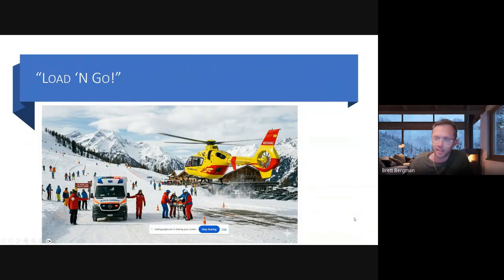So what we're going to do in these scenarios, right? This is going to be true for most of everything that we talk about tonight. This is another example of load and go. This person needs higher level care. They need to get an EKG. They need to get worked up. They need to go to an emergency room. And we're not going to have any of those kinds of resources on the hill to be able to treat the underlying cause for this patient.